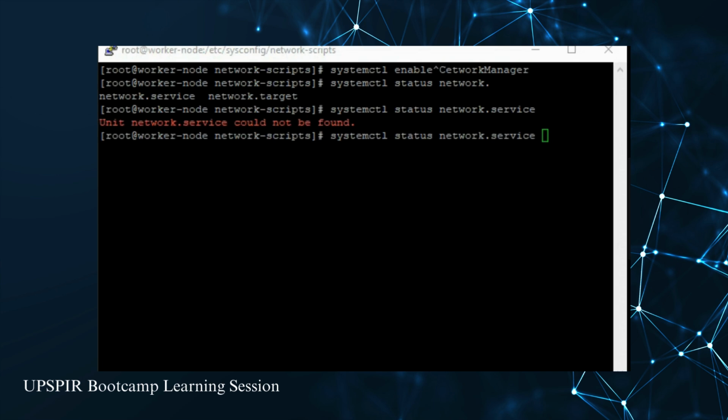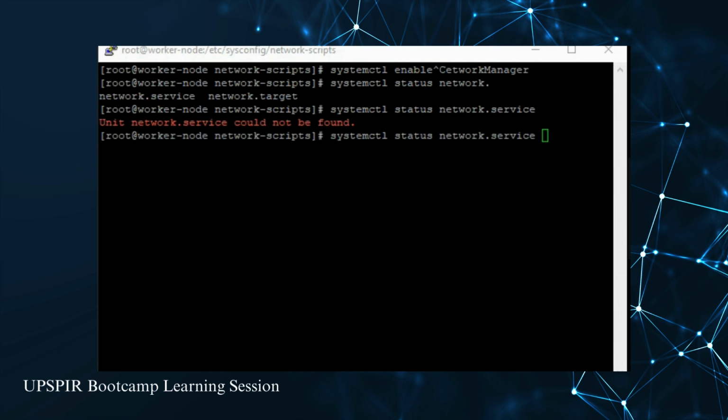There was a time when we would be using the network service, but now NetworkManager is the tool that we normally use. The network service is no longer required, and as we have seen, the path for the files that NetworkManager keeps is